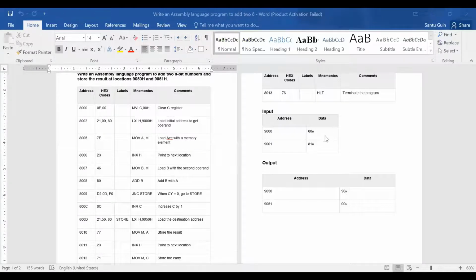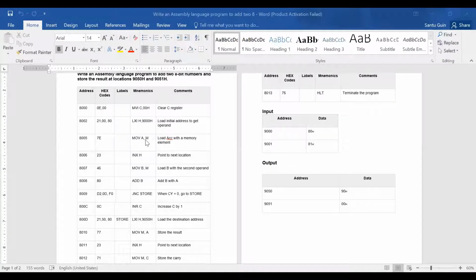first we need to fetch this data from this memory location to the accumulator. Now, how can we initialize? This is my memory location. As I have told you earlier, LXI H, 9000. If it is written alone, this 9000 is my data. But if I would like to treat this as my memory location, then I need to use this M